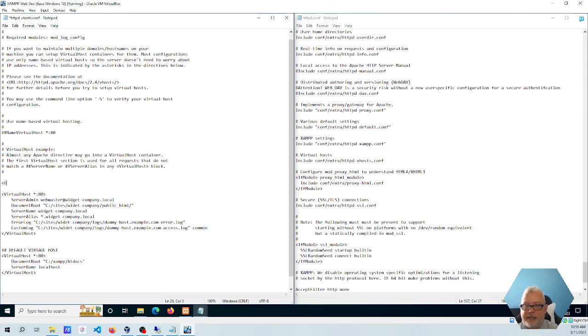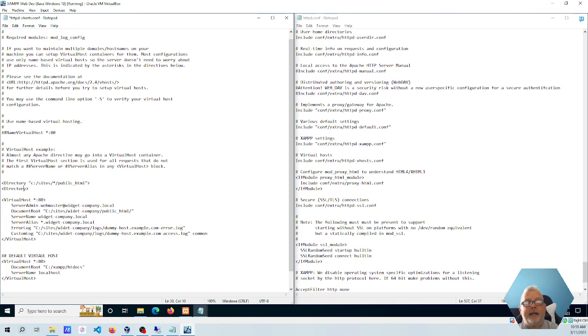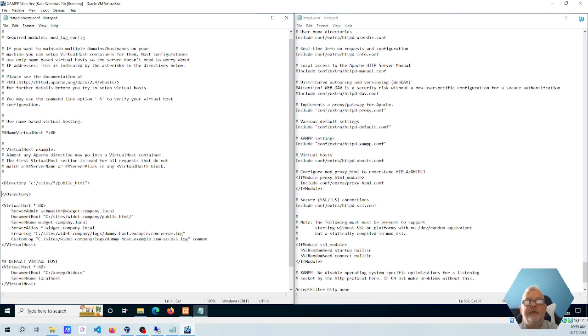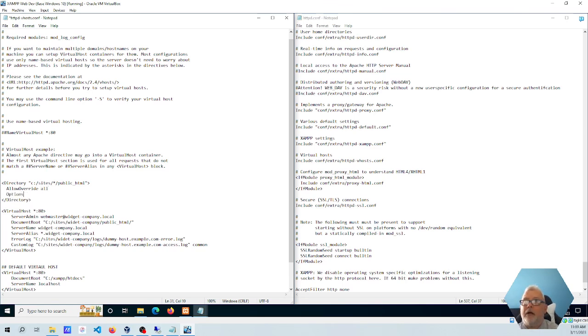So we need to set up a directory directive and tell it that C sites /public HTML. And we're going to close our directory directive. AllowOverride all, Options